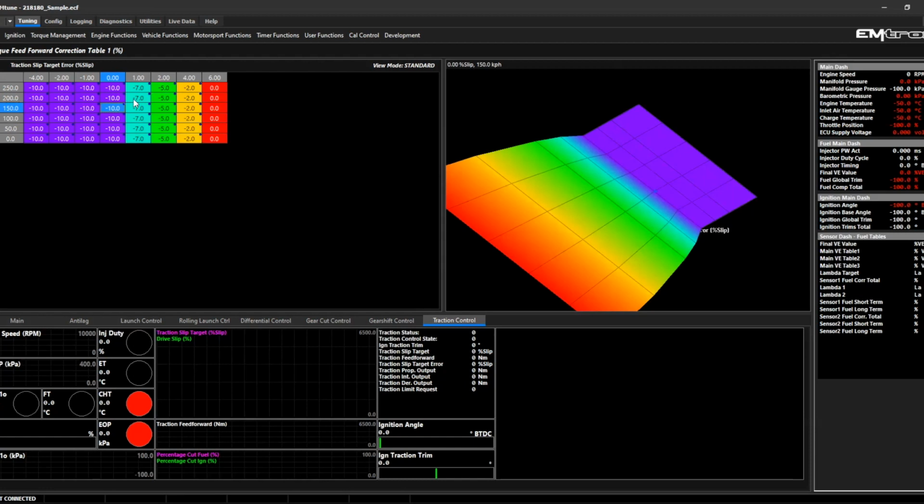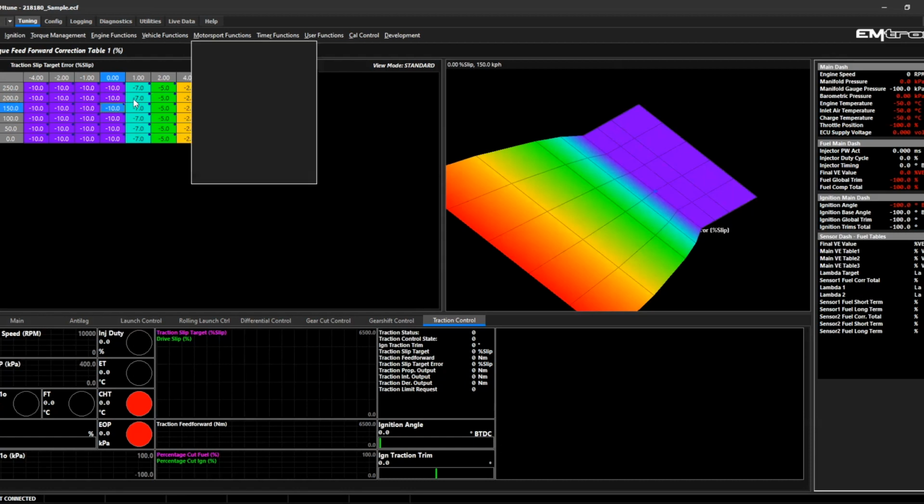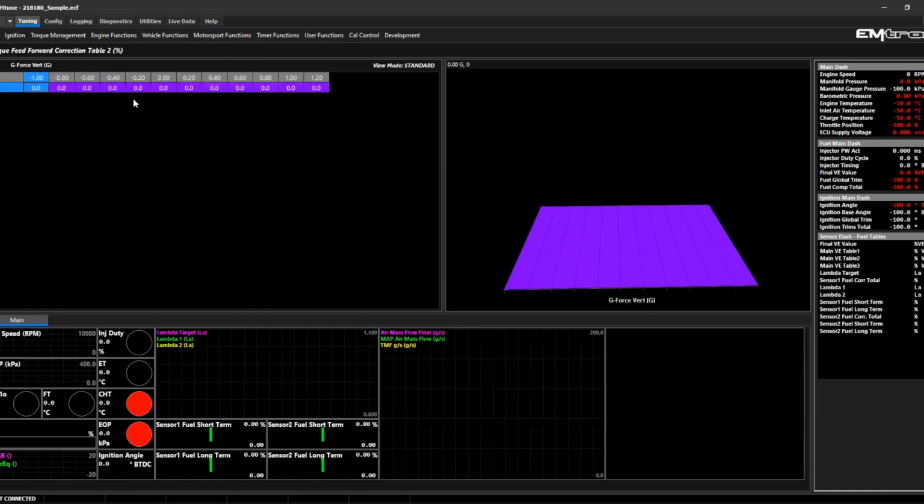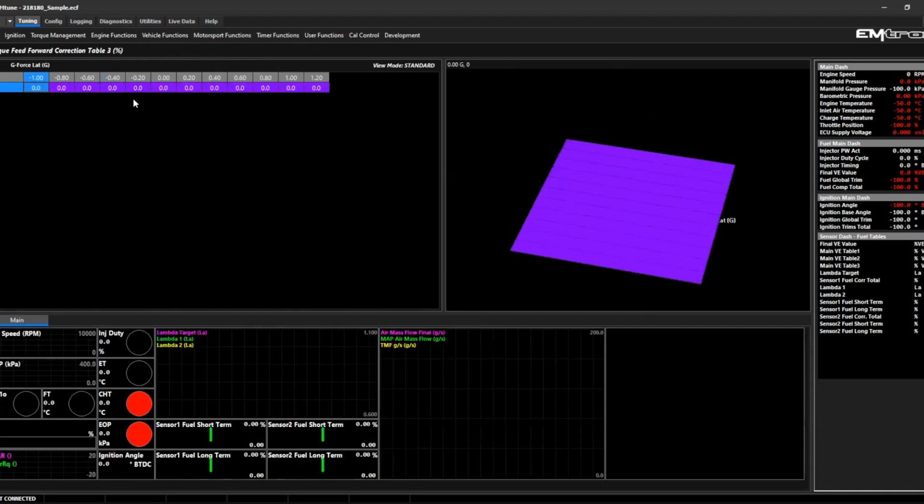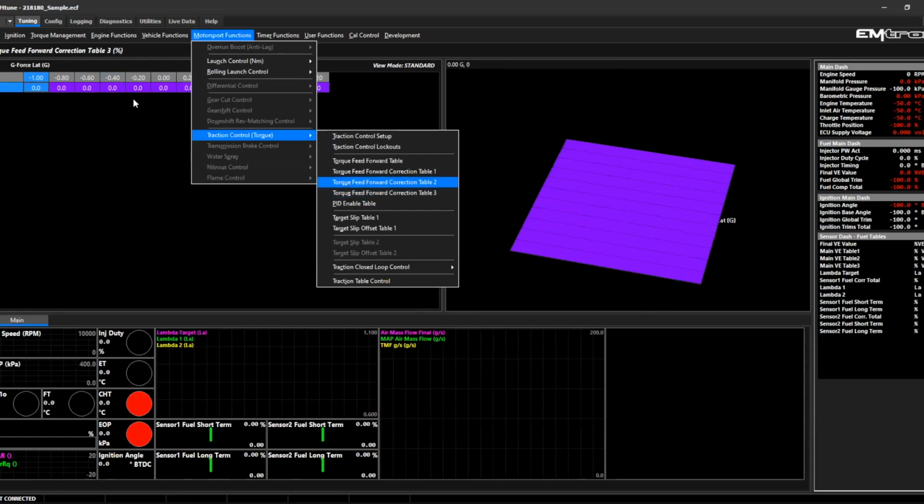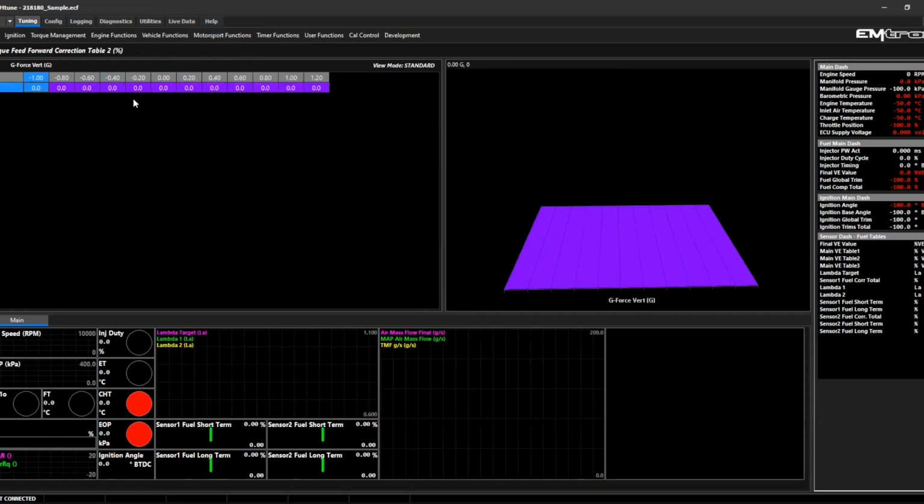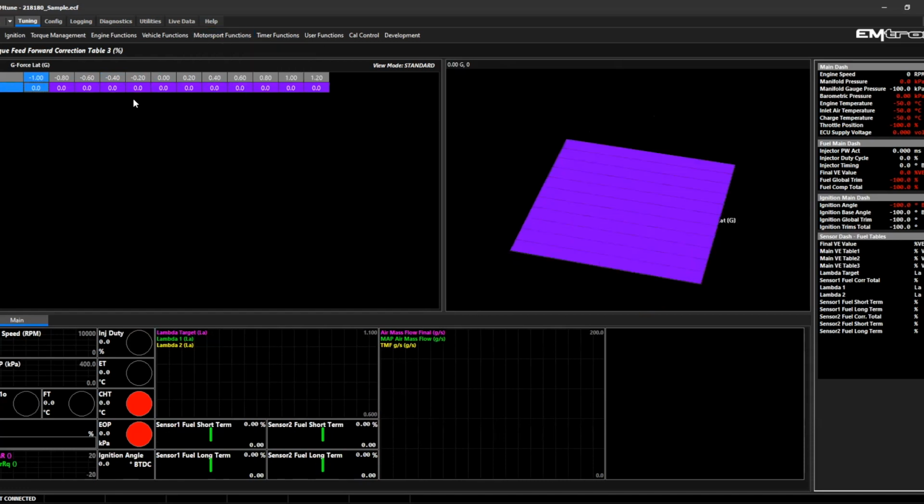Even with a very, very high power car, front wheel drive has a much bigger, quicker transition from no slip to high slip conditions. So here we've got some other tables that we can leverage. Now, I have found a huge benefit in correcting for lateral G-force. We've got one preset. At the moment it's doing nothing, but it would be very common to